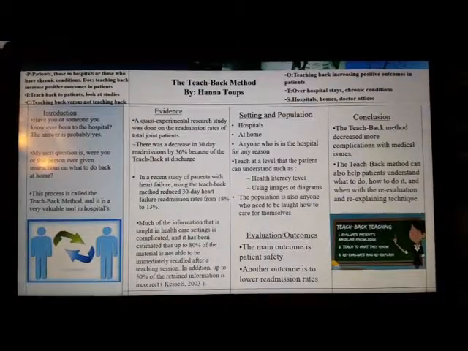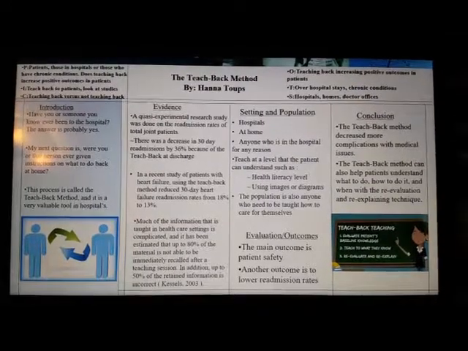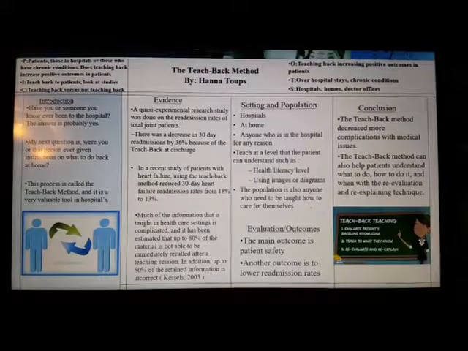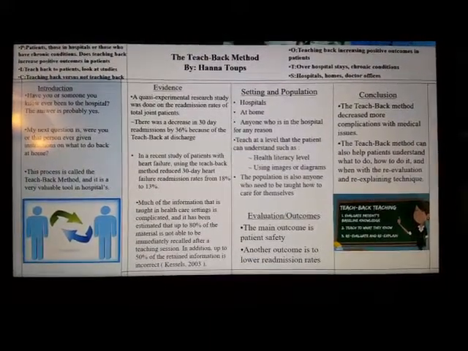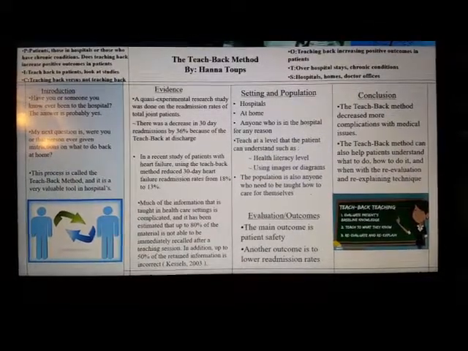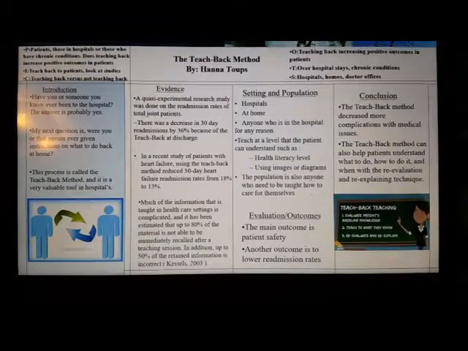There can also be teaching at a level that the patient can understand, which can also be part of the population, because health literacy level and using images or diagrams can help a patient understand what could be occurring and what they need to do, as not everyone has the same health literacy level. The population is also anyone who needs to be taught how to care for themselves when not in the care